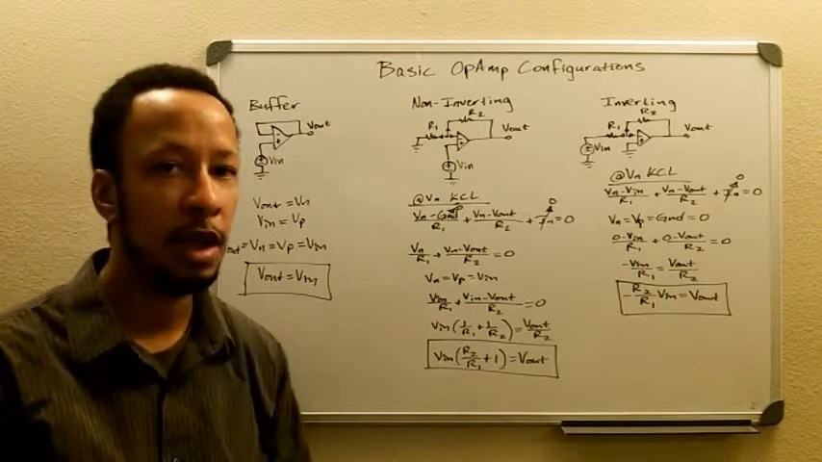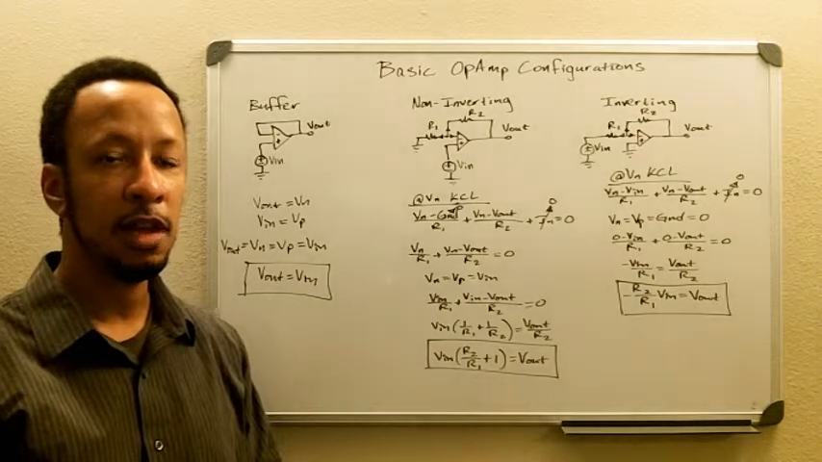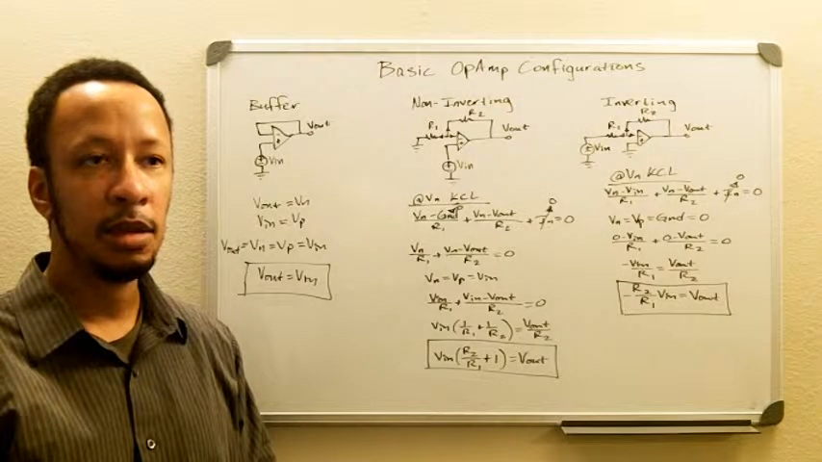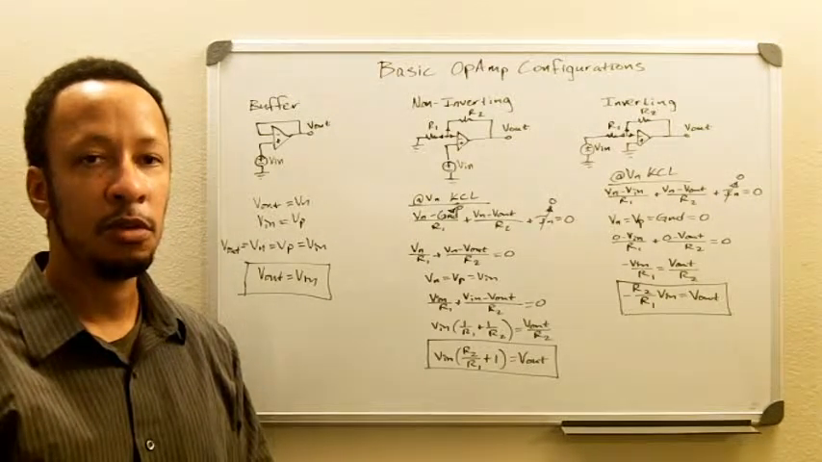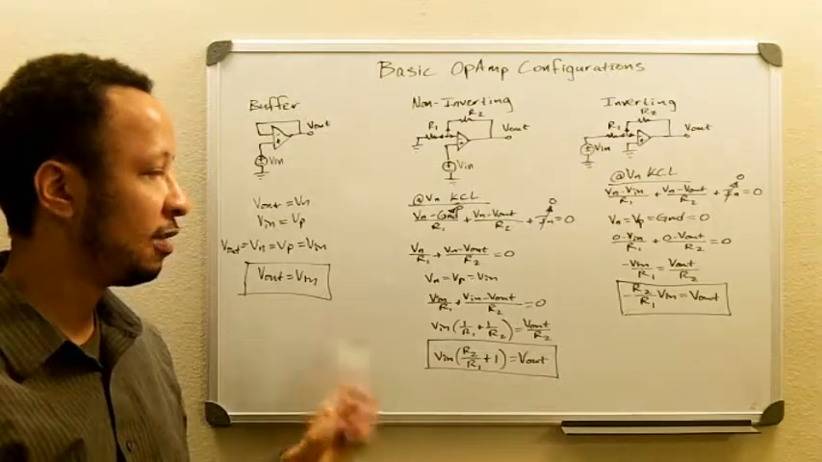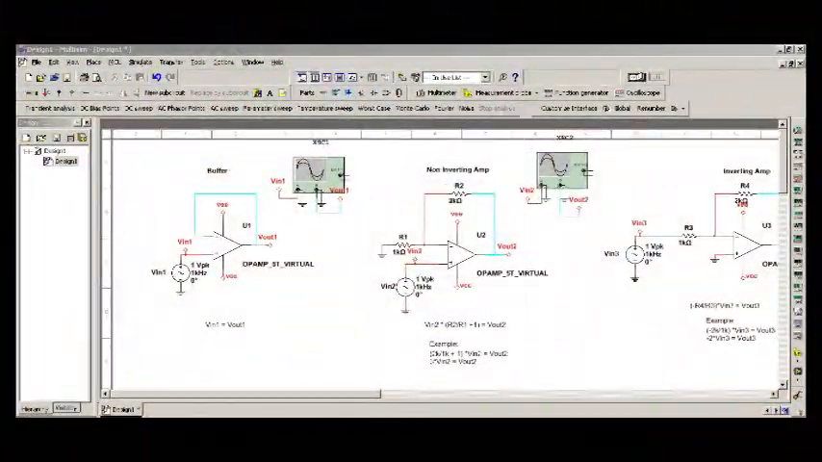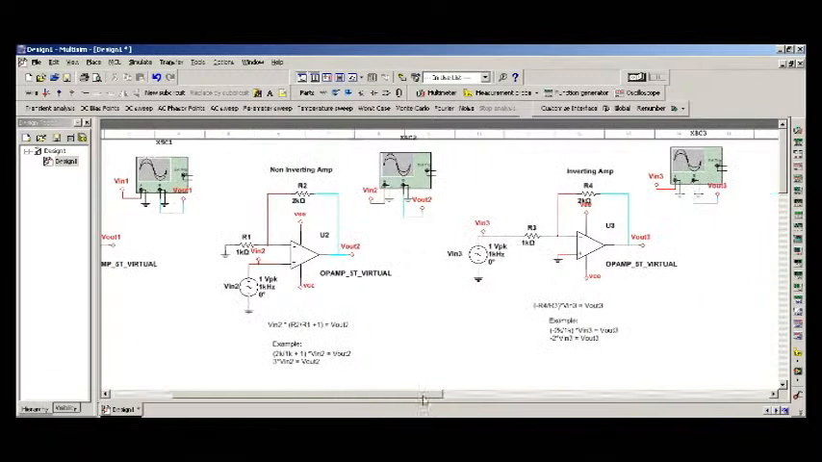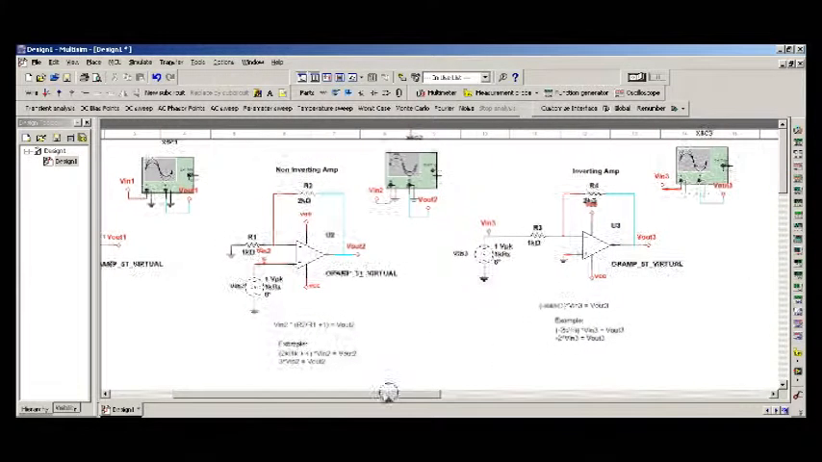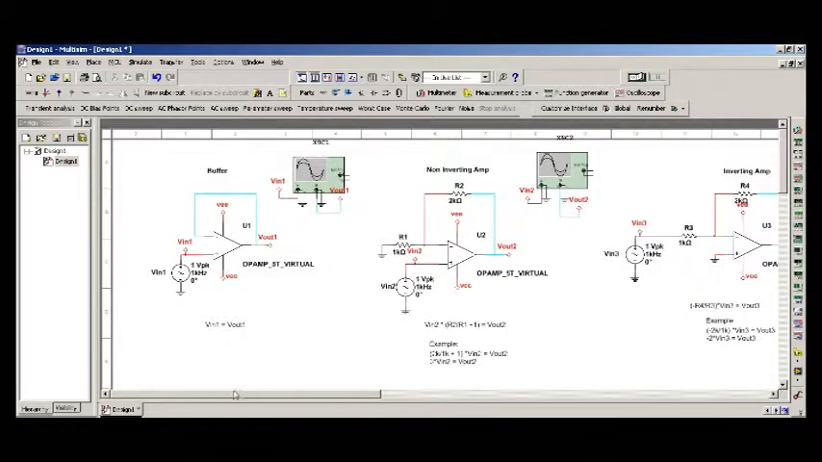So what we can do now is take a look at this on a simulator and use a couple of values in order to see the effects of these types of relationships and plot and graph them. Okay, so what we have here is our 3 basic operational amplifier configurations: our buffer, our non-inverting amp, and our inverting amp. And so what we'll do is verify the functional relationships of each one of those